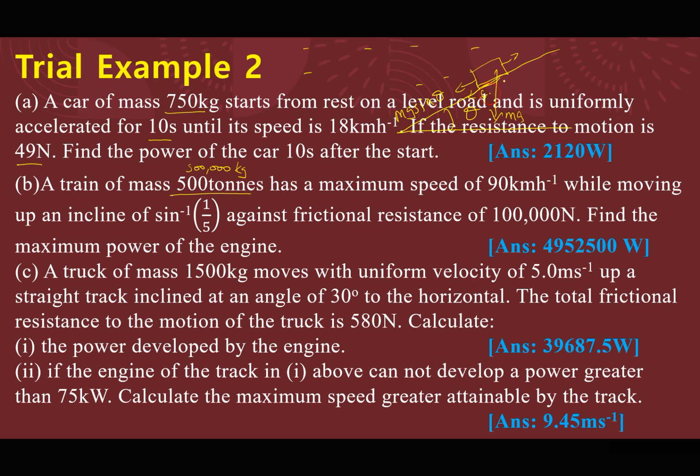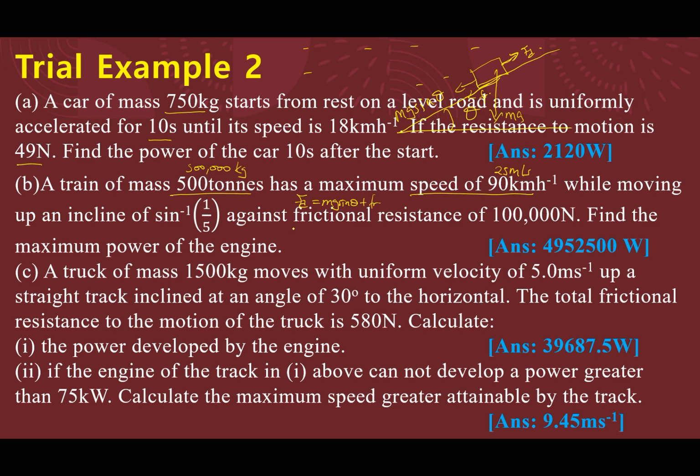So there are two forces acting downwards, mg sine theta and friction. And those forces must balance with the force upwards, which I'm going to call Fd. So Fd, the force upwards, should be equal to mg sine theta plus the frictional force downwards. Because we reach maximum speed, the acceleration is 0. So at that point, the resultant force is 0. So the forces in opposite directions must be equal and cancelling out. Remember, this was 25 meters per second. So all I need to find is the